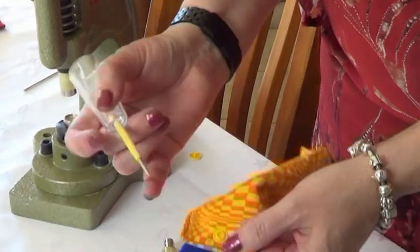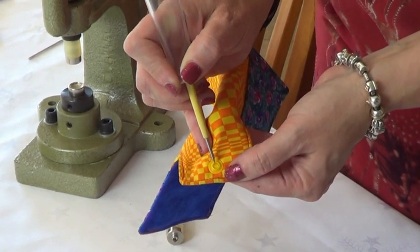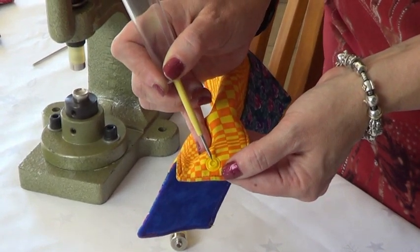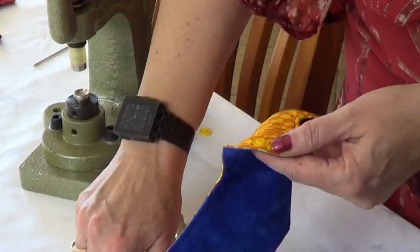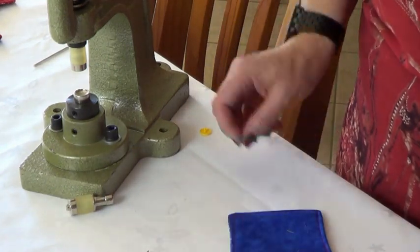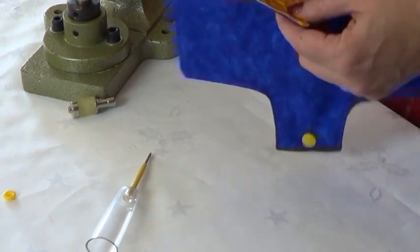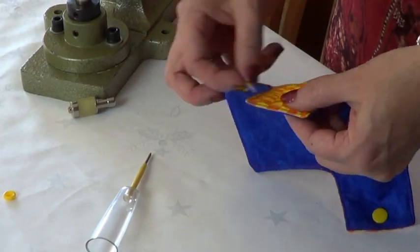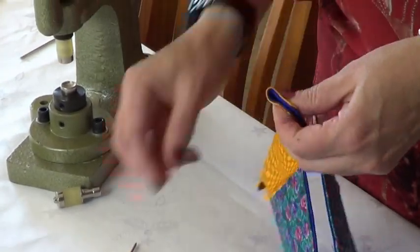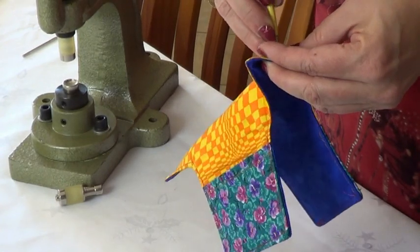Next step. So you can see here that that very centre piece of plastic has been forced flat by the force. If that's not been forced flat, you haven't pressed hard enough. So now we've got a shiny button on this side. It's important that we don't put that like this, that we put the shiny button on this yellow side this time. So again, fold your fabric in half, measure a little bit down from the end, make a little hole,